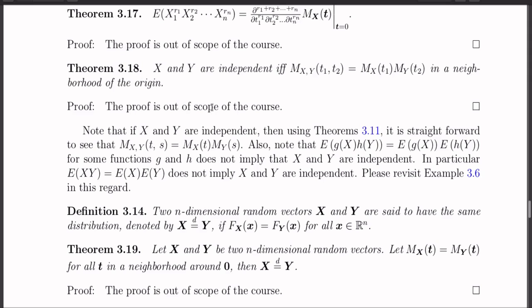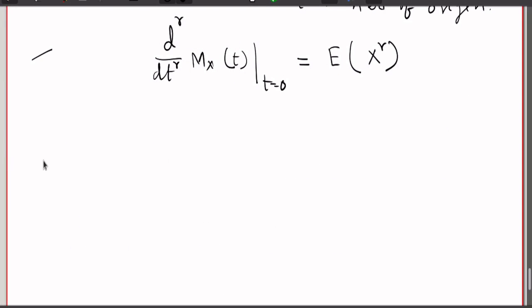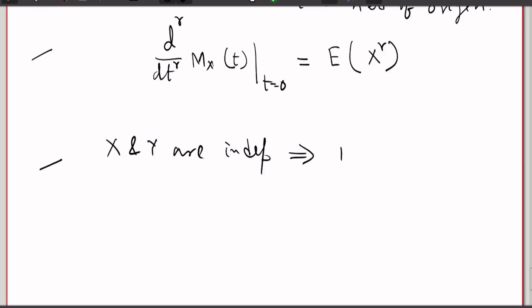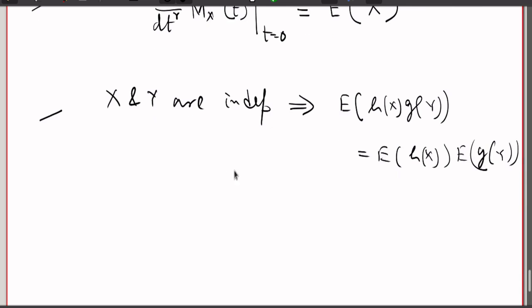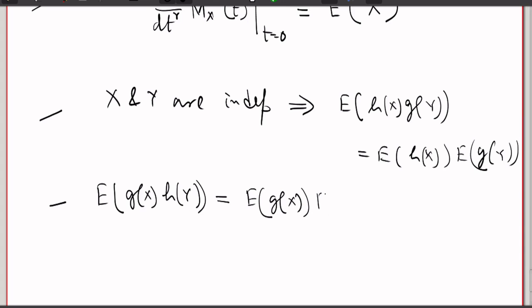Next theorem, again its proof is not given, but it is a very important theorem. Notice what we have seen before: if x and y are independent, this implies that the expectation of h of x into g of y is the same as the expectation of h of x into the expectation of g of y. Okay, so this particular thing we have seen earlier. Now we have also pointed out that in general the converse is not true. What I mean is that the expectation of g of x into h of y being the same as the expectation of g of x into the expectation of h of y